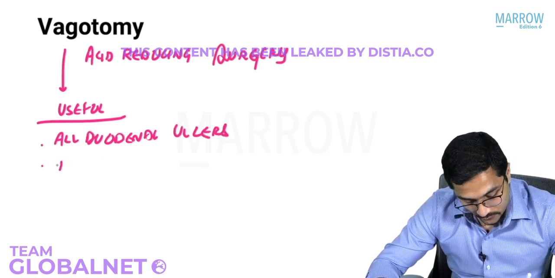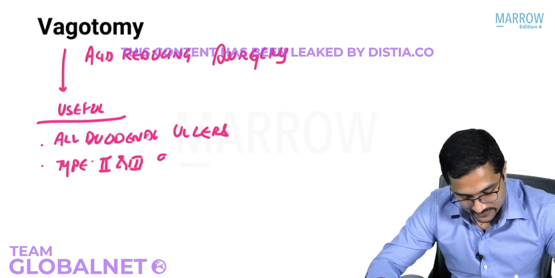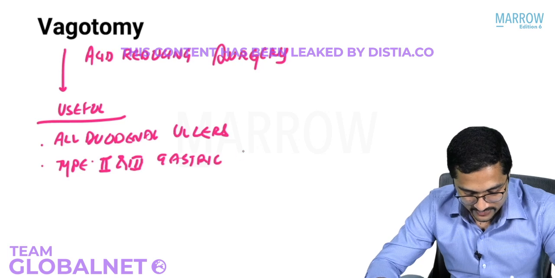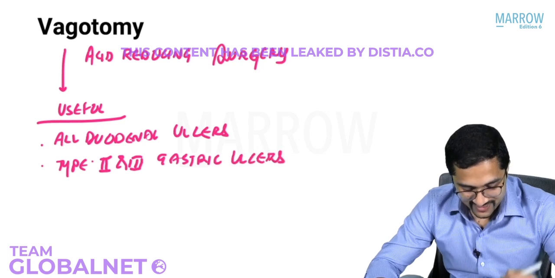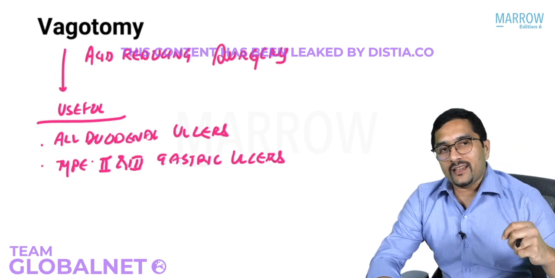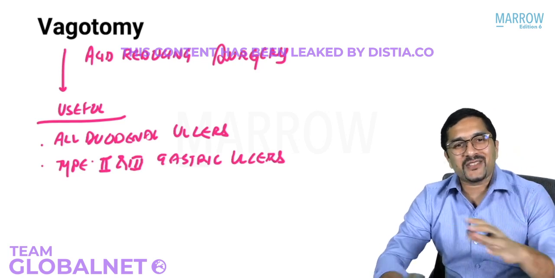It is useful for type 2 and type 3 gastric ulcers. Now, before I tell you about vagotomy, a bit of anticlimax, I want to tell you that this surgery is